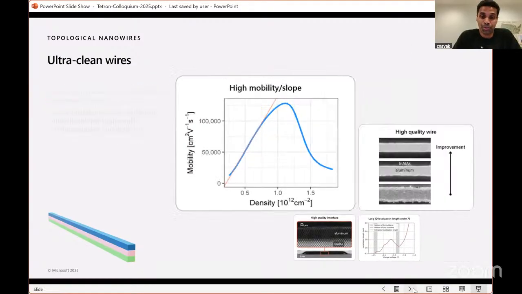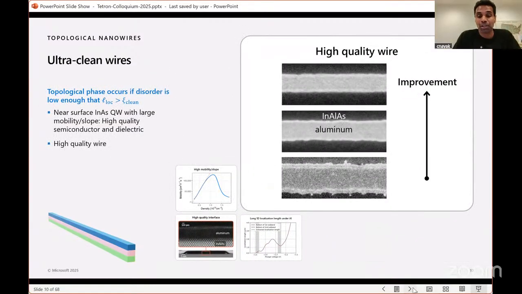We also need very high quality wires. Okay, what you can see here, going from bottom to top, are the types of improvements we made in fabrication of these wires. You can see the line edge roughness and the quality of the aluminum wire improved over time. Because if that's not very high quality, then you'll have an additional source of disorder that will destroy the topological